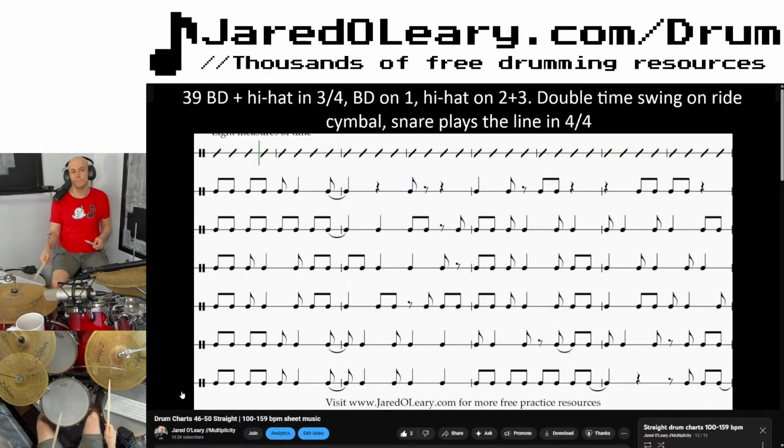All right, last chart. And then we'll do another variation of this that gets even wackier. I'm gonna have to slow down a little bit because my brain goes into maximum effort on this next pattern. It's so hard. Stay tuned. 1, 2, here we go, and...